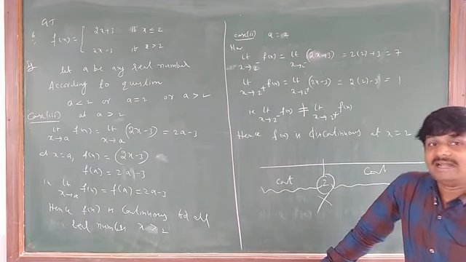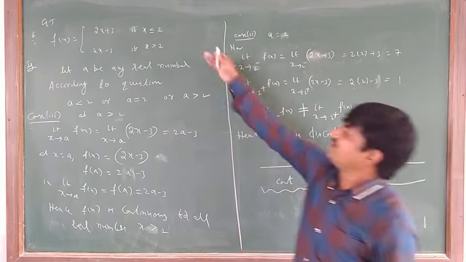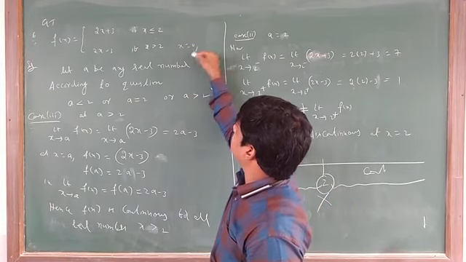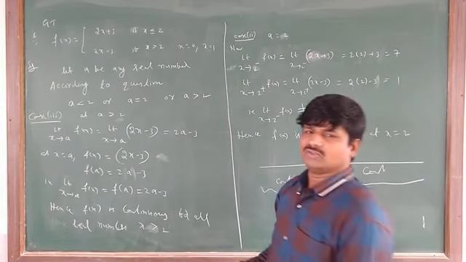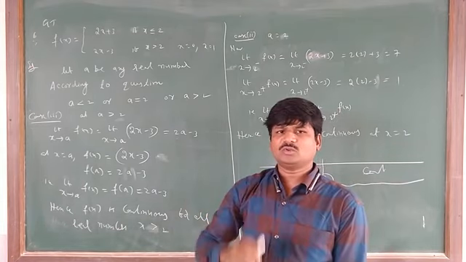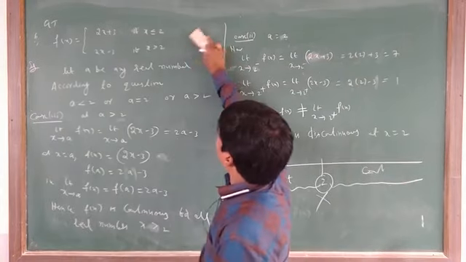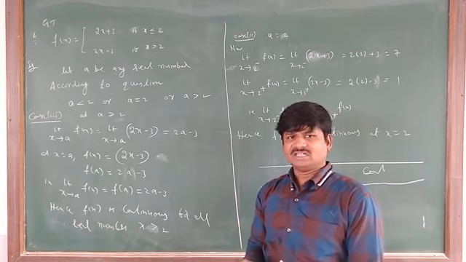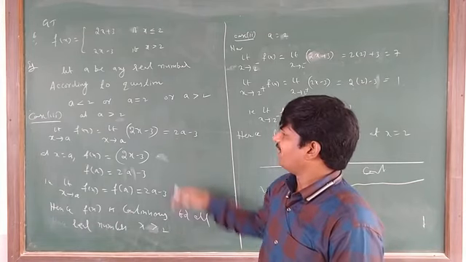Are you understanding or not? In this manner we have to check. Why are we checking like this only? Because here the x value is not given. When an x value is given, suppose to check the continuity at x equal to 0, or at x equal to 1, or at x equal to 2, we can check directly. How? Left limit we will find, right limit we will find, and f of that value also we will find. Directly with the 3 steps you will get. But here the x value is not given. Whenever a particular x value is not given, compulsorily we have to find like this only.